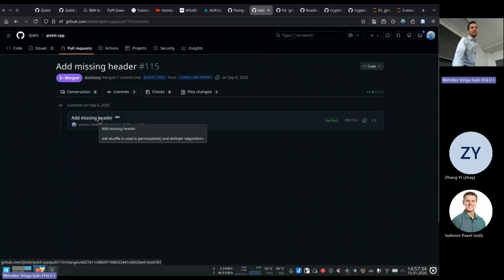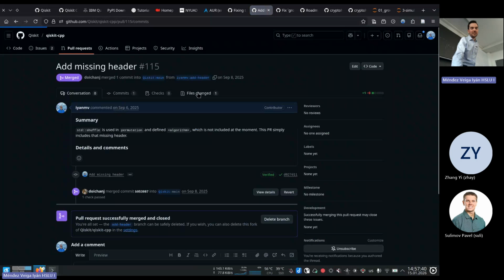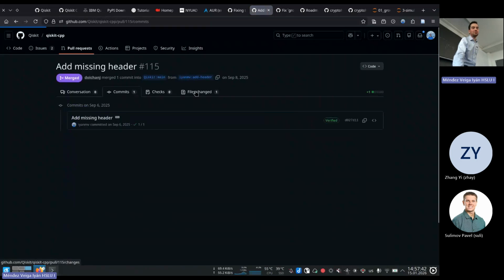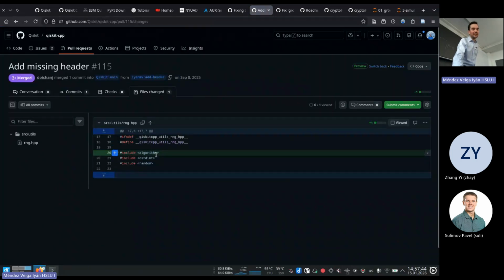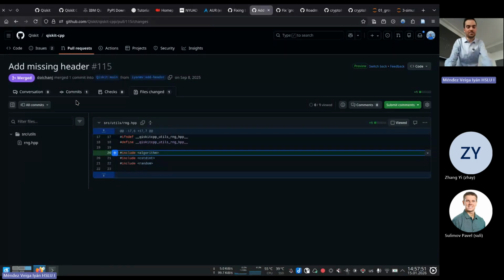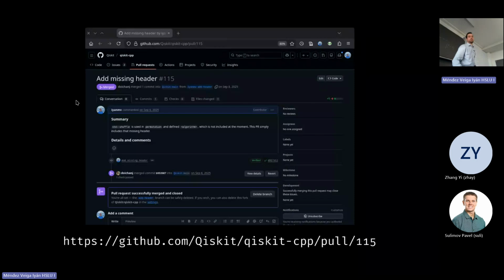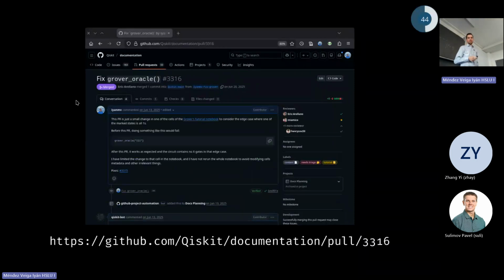So instead of just reporting the issue, I created a pull request. You see that they changed, and that's why my contributions are a running error, because it's just one line, include algorithm, that was the header that was missing and fixed the problem for me. So you can take an active role actually in Qiskit.